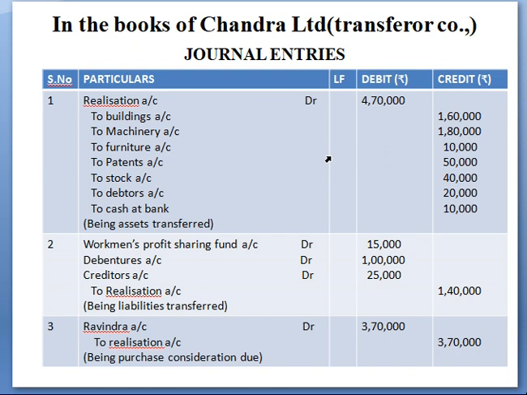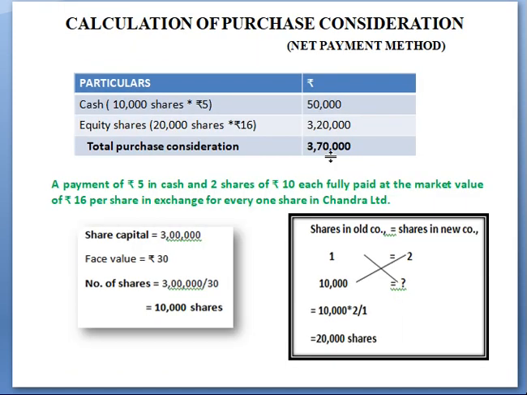The first one is for the transfer of assets. See here, the selling company is the business which is going to wind up, right? So it will transfer all the assets and liabilities. Your first entry is for the transfer of assets. Assets show a debit balance, and when you are closing all these, just enter them on your credit side. So realization account debit to assets account.